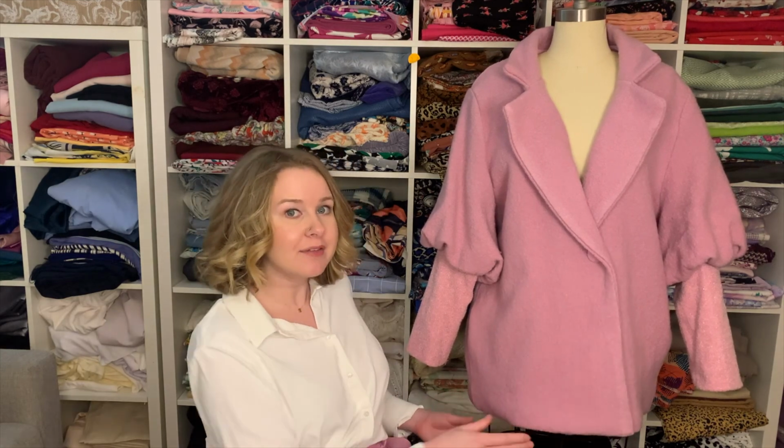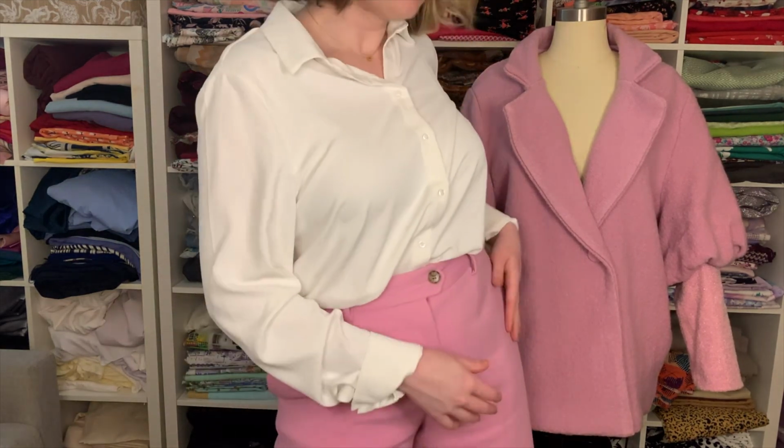Now as you can see, it's a beautiful mauve color, but I was actually trying to match the color of my pants. Now I saw this fabric everywhere in London. I ended up finding these pants from Marks & Spencer, which of course I had to buy because I love this color so much, but I was disappointed to find that when I came to the US, I couldn't find this color fabric anywhere. So what I did was I started looking online at Mood or any other fabric store